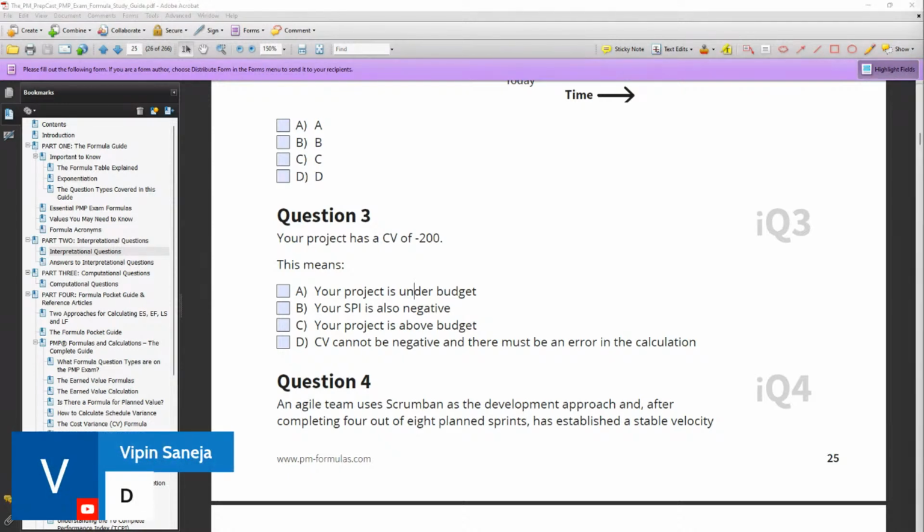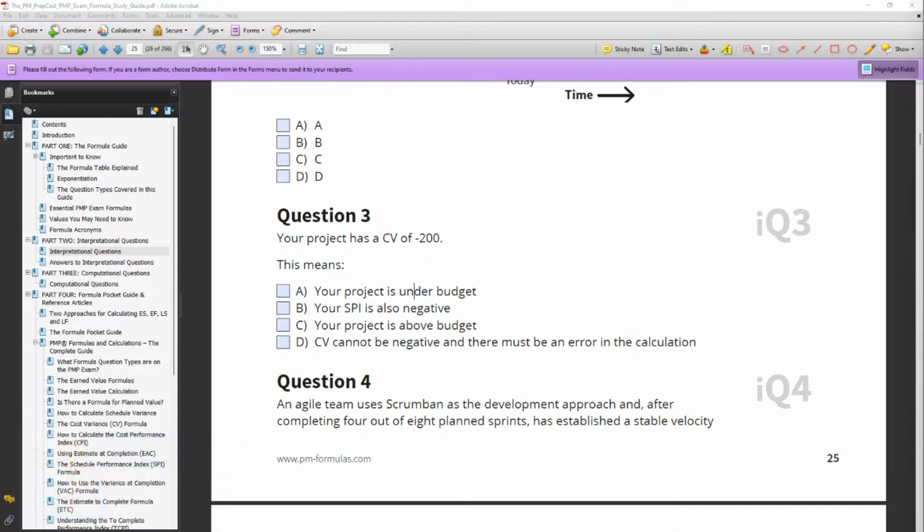Vipin says it is D, so CV cannot be negative. Anna says also D, CV cannot be negative. I'm not getting any more answers here at the moment, so we're going to leave it at that. No, wait, we have Marcelo, who also says D, CV cannot be negative. Well then, let's go check out what